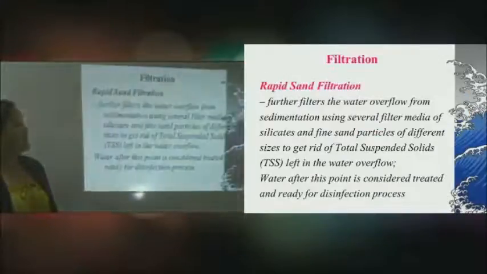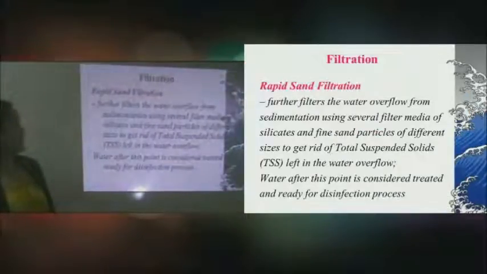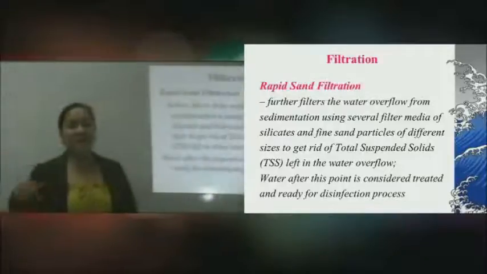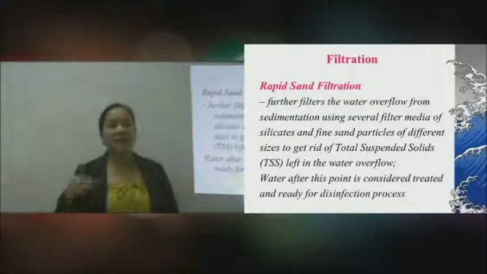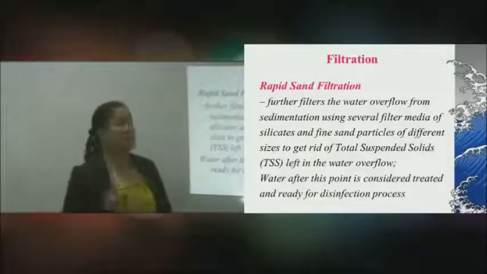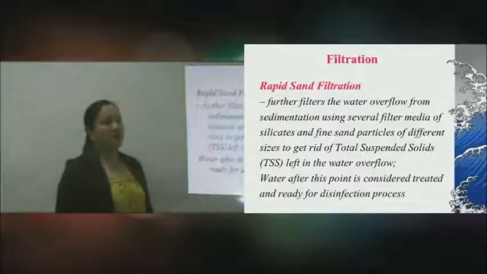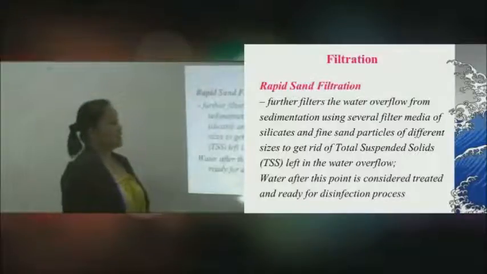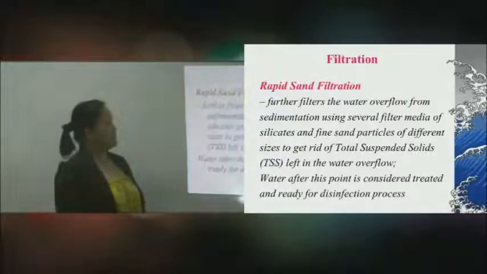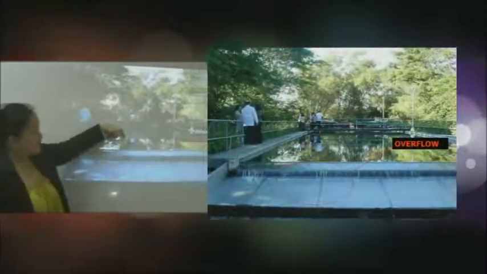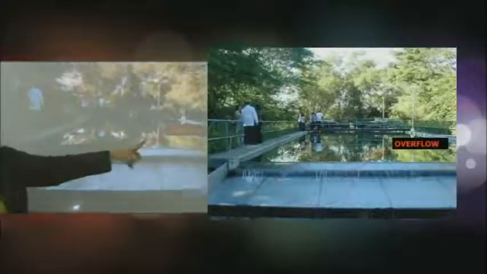Now, the rapid sand filtration is the one that utilizes the anthracite, the sand, and so on as the normal filter. And normally this is utilized if you have good water quality with larger sizes of suspended solids and dissolved solids. This is an example. After coming from the sedimentation tank, the effluent, or sometimes called overflow for water treatment, would just go directly to the filtration system.